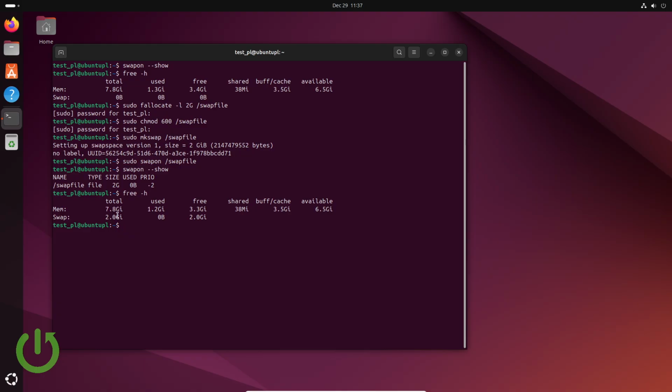But it's very important to say that with this method the swap file will reset after the reboot. Basically, we will have to use this command every time we reboot our system to activate our swap file. How do we make it permanent? Basically,